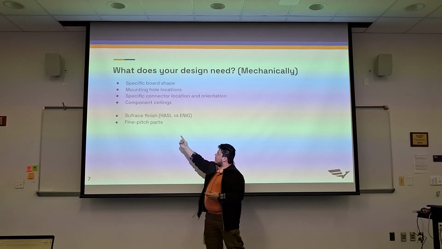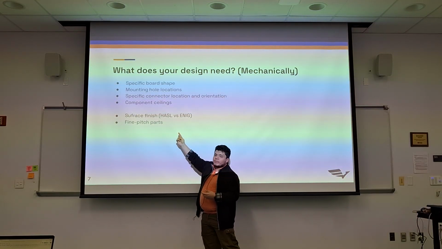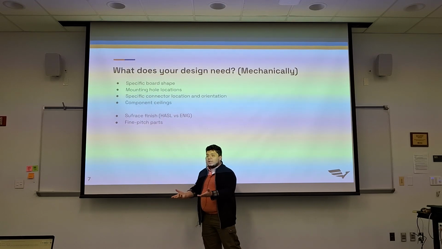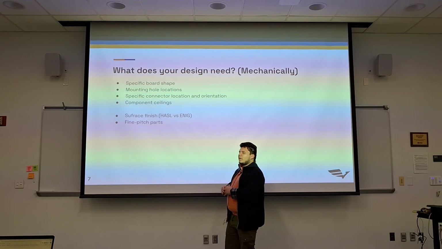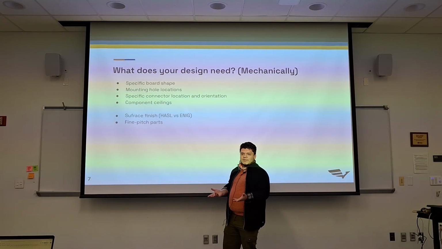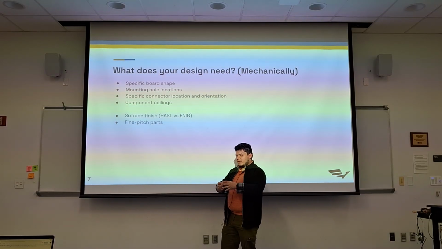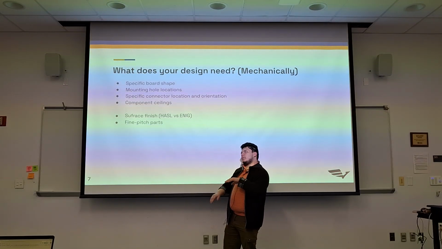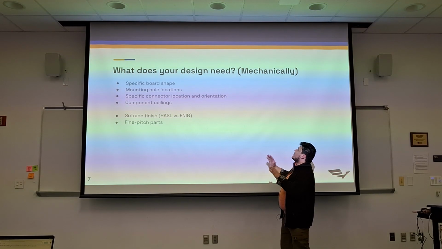Because this is nice and cheap. This is your golden child for everything. It's the cheapest thing you're always going to have. Since this has gold, it's going to drive up the cost, right? And so sometimes we do need that, right? Let's not just always go for the cheapest option because it's cheap, right? So sometimes it's good to consider: do I have fine pitch parts? Maybe let's go for an ENIG, something that's going to last longer and give us a nice controllable surface. And so those are some of the requirements,